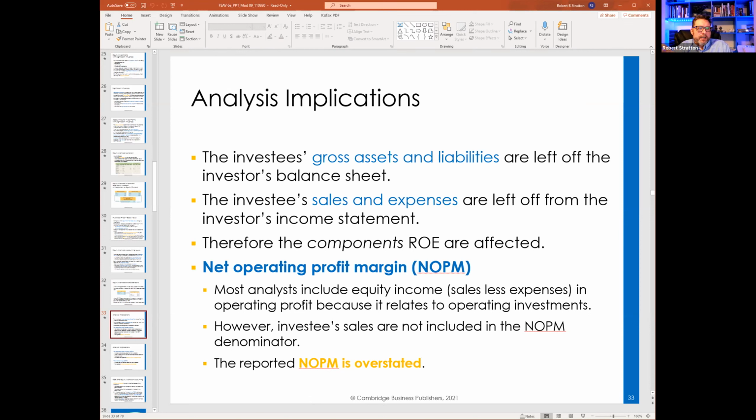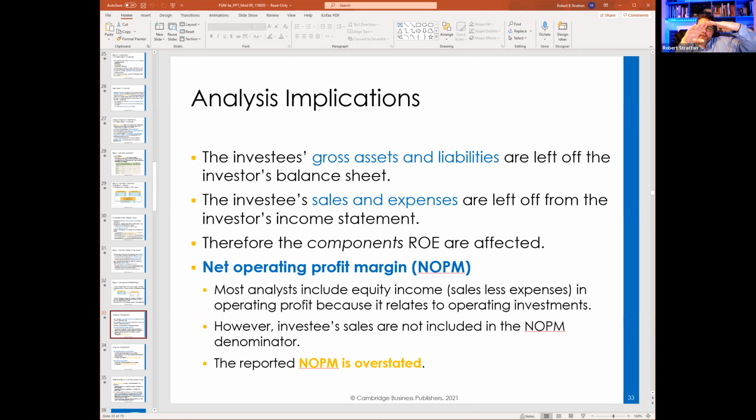Like net operating profit margin. The investee sales are not included, right? So you look at this ratio, and I wish it said here because I can't remember what the exact ratio is, but you'll have whatever statistic over another statistic, and that gives you the ratio. Well, the problem with this equity method is if you're not counting liabilities or you're not counting sales, then you'll have one of the numerator